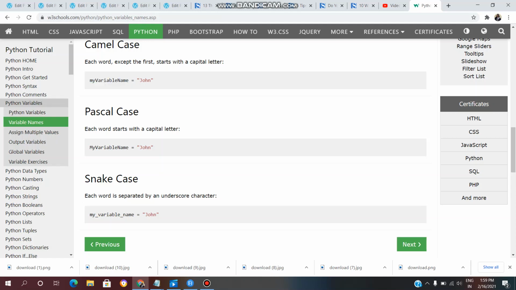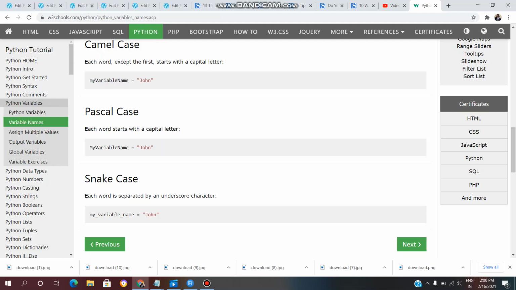See here, my is the first word, but we are giving small case, and variable is the second word, but we are giving the first letter V as a capital letter. And the third word is name, with N as a capital. We can use this to make it readable. This is the first approach.